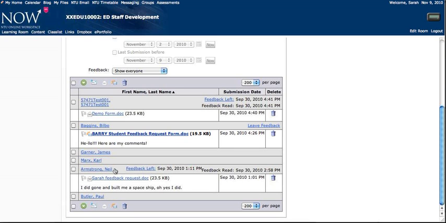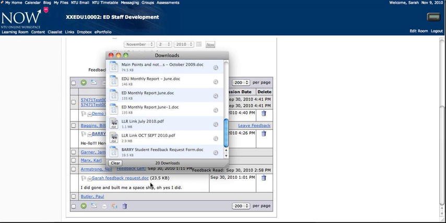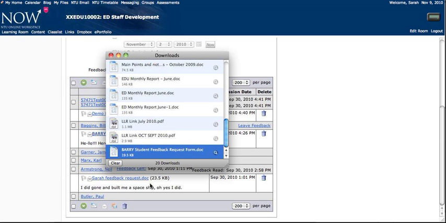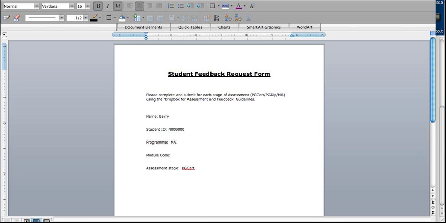So I click on their work and that opens up. Now this may look slightly different in your browser. I'm using Safari, so in this case it opens up the Downloads folder. To view that student's work, I then click on it and it opens up in Word for me. Okay, so I'm just going to return now